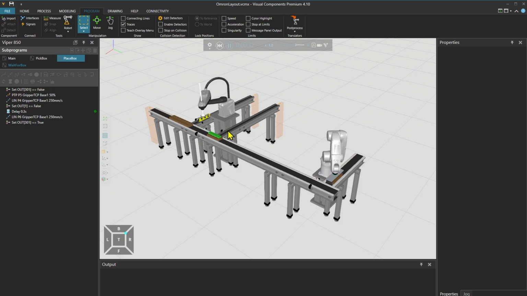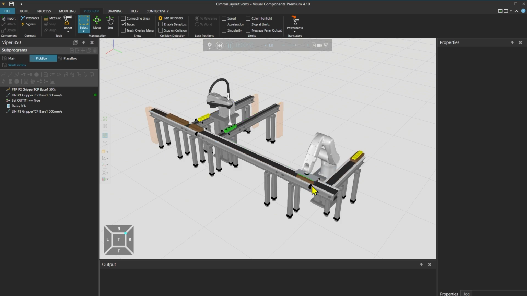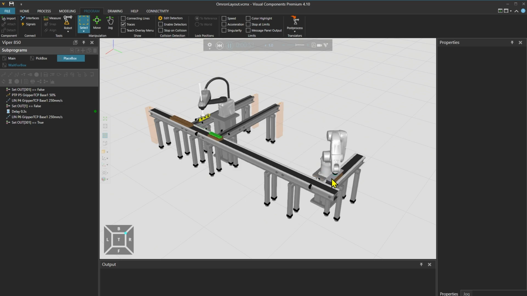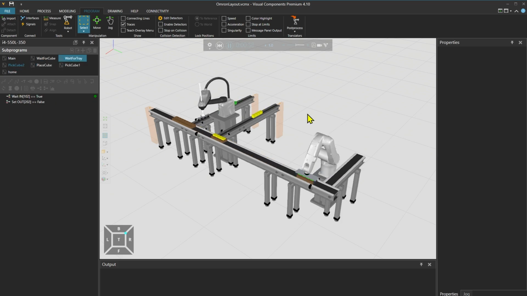And the robot picks a cube from one side, places it into a tray, which travels with the cube to the next conveyor. The Viper robot will then pick the tray based on the trigger from the sensor and place it to the next conveyor. Let's reset the simulation and do some post-processing for these robots.